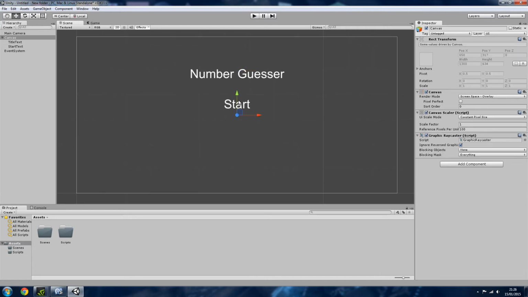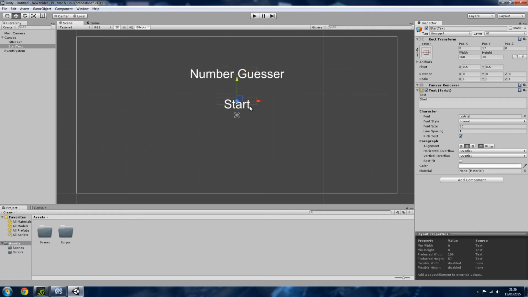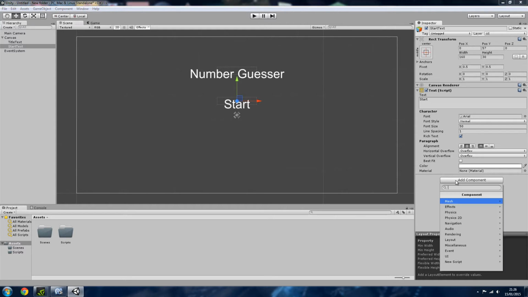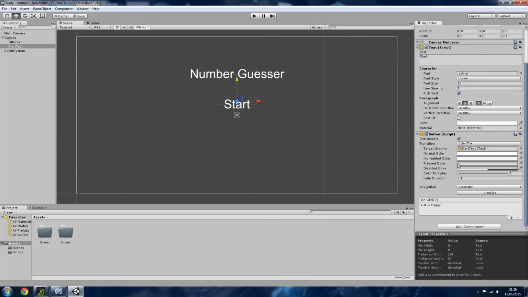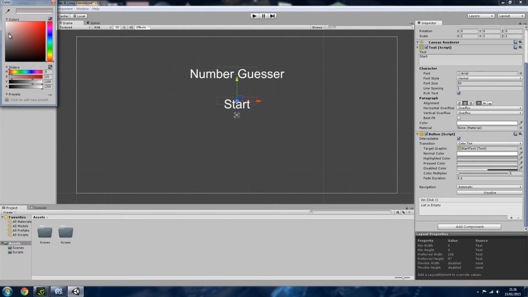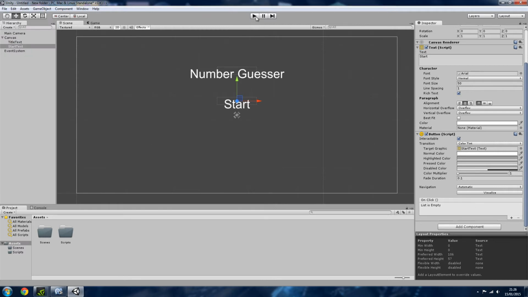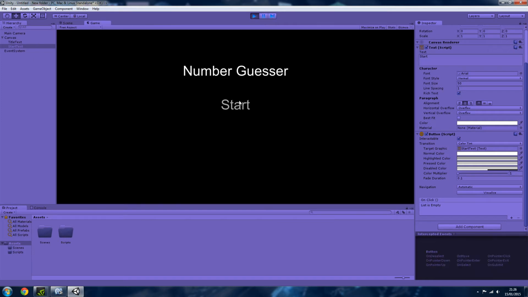Right, so we want to make this into a button. What we need to do is add a component at the bottom, in the inspector. Click on UI, again, you need 4.6 for this, and you should see Button there. Now, you can change the highlighted colour so we can go for grey if we like, so that when it's clicked,